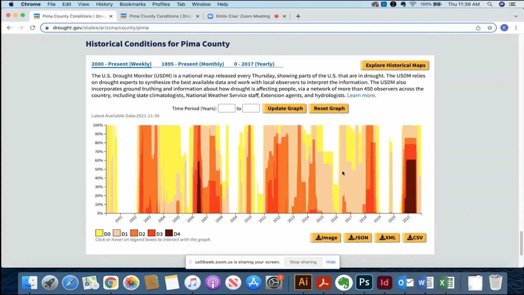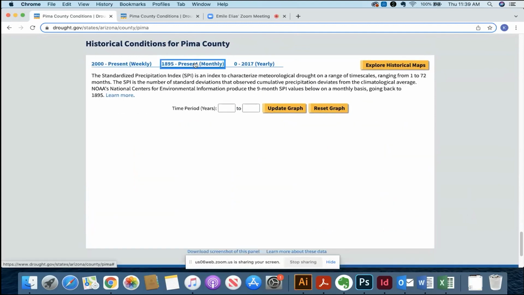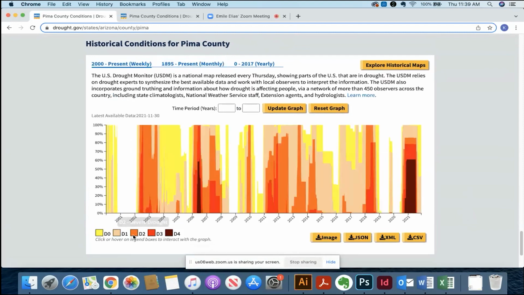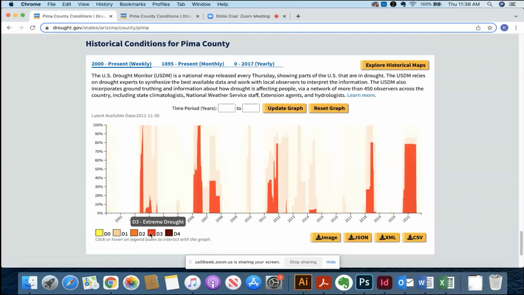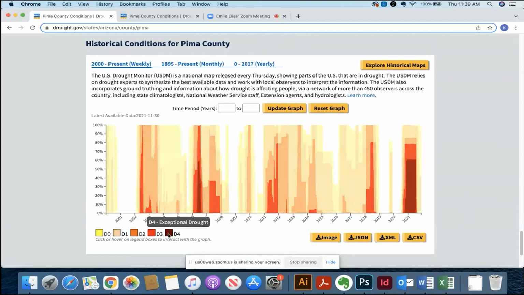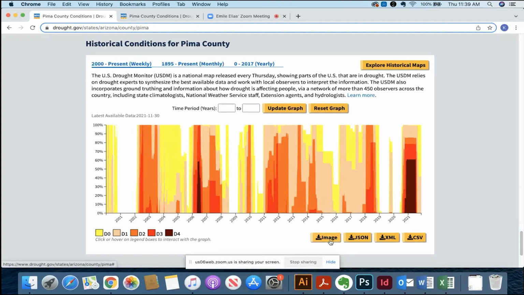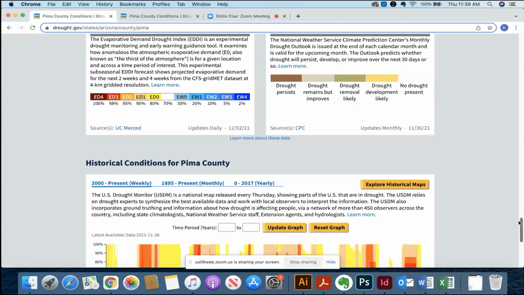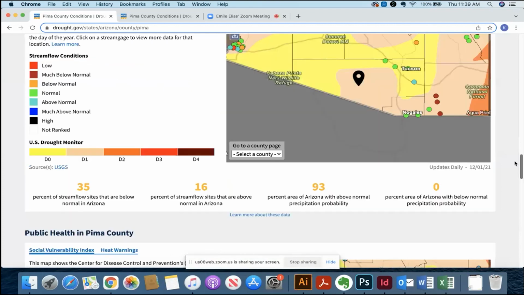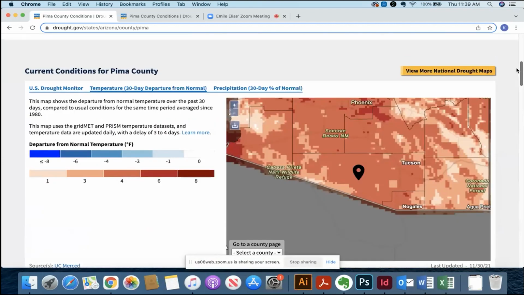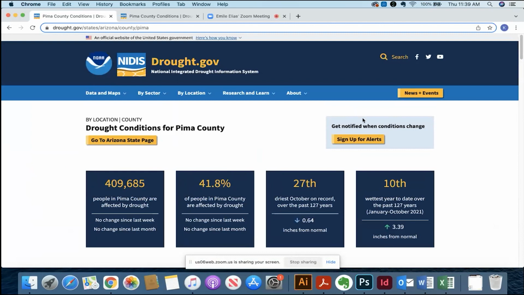But this is a time series that lets you jump between 3 different data sets to isolate specific drought categories, zoom in on a particular time period, and to download historical data, either as an image or as a data file down to the county level. So there's a lot of information on these pages, and I'm just showing you a very high-level overview of one of those pages. One of the last things I do want to highlight on this page, though, is this light